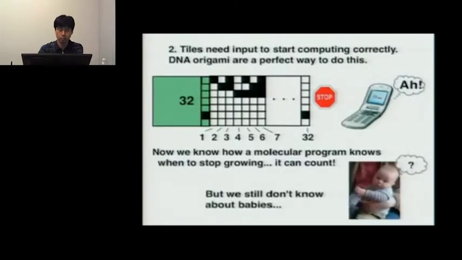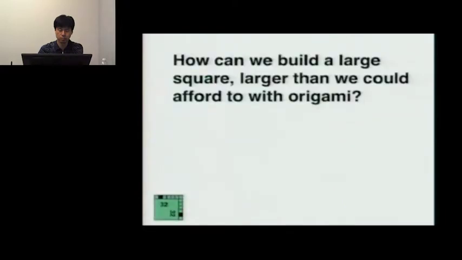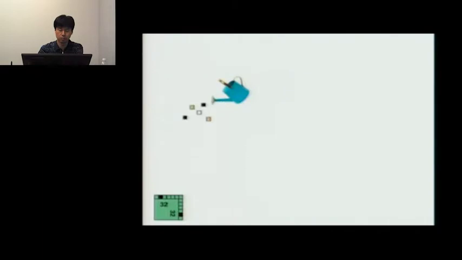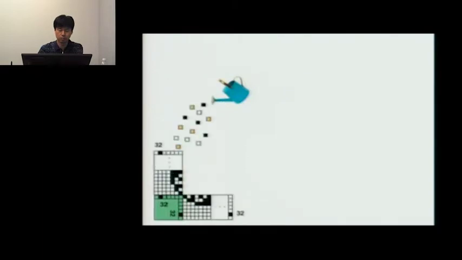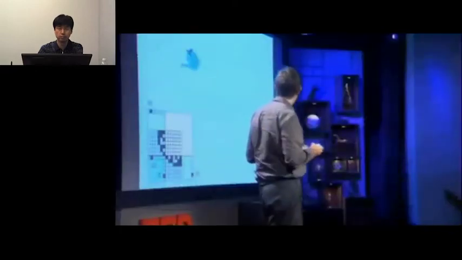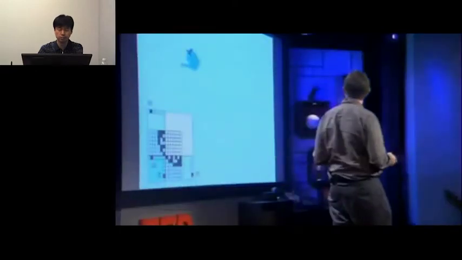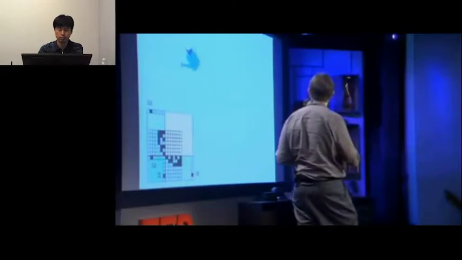So now we can use this counting to try and get at much bigger things than DNA origami could otherwise. Here's the DNA origami, and what we can do is write 32 on both edges of the DNA origami, and we can now use our watering can and water with tiles, and we can start growing tiles off of that and create a square. The counters serve as a template to fill in a square in the middle of this thing. So what we've done is we've succeeded in making something much bigger than a DNA origami by combining DNA origami